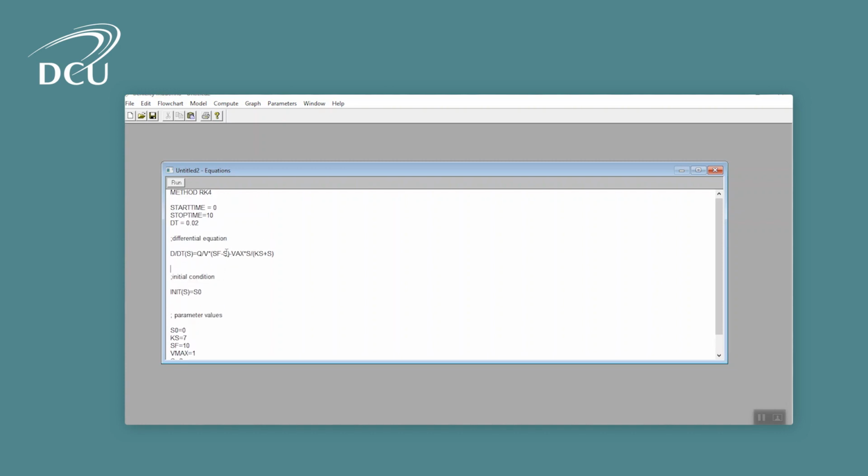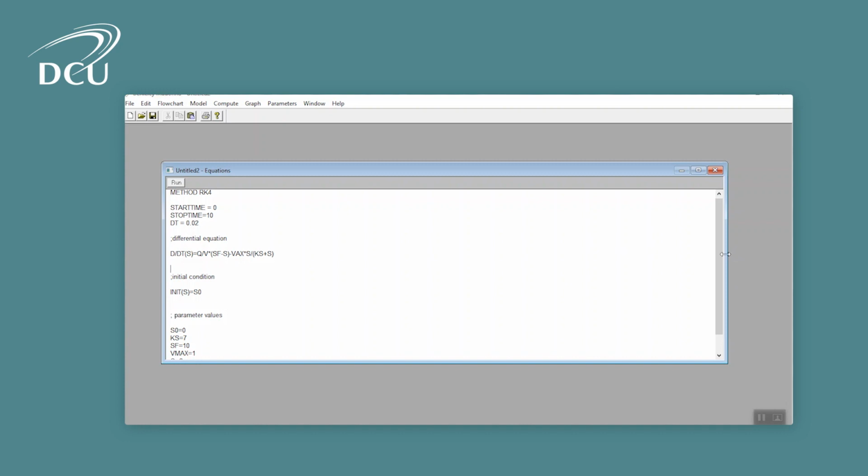So we've just tried to adopt a systematic approach. In other words, we're trying to solve every problem in exactly the same way. By the way, the order here doesn't have to be the way I'm doing it. You could have the differential equation last, and that's one of the things about Berkeley Madonna that's particularly user-friendly, in the sense that you don't actually have to worry about the order in which you put in your equations, and that's very different from most programming languages, where very often the order is really important, and if you get things in the wrong order, the computer just can't do the calculation.